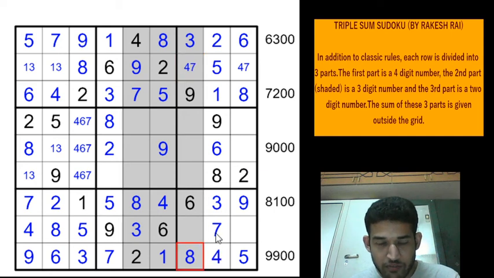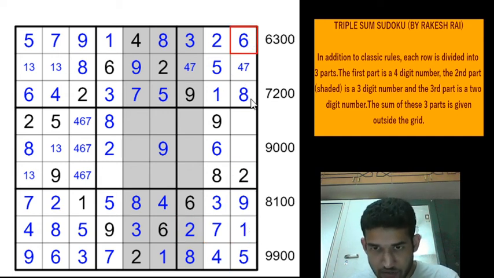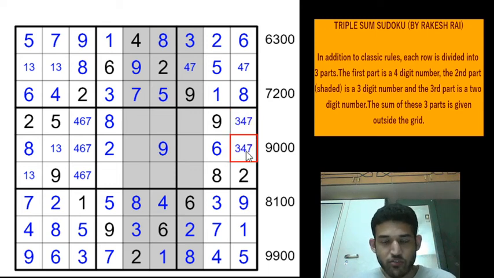And now we need 1 and 2 in the box 9. So 2 is here, so this will be a 2 and this will be a 1. 1 2 5 9 6 8. So 3 4 7 are the remaining digits. We will mark them. So this will be 3 4 7, and this will be 3 4 and 7.